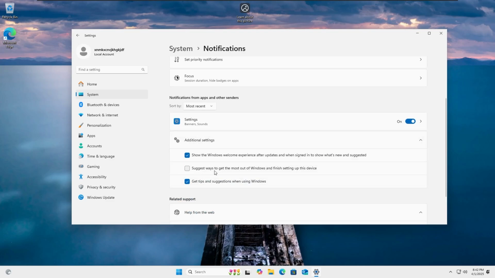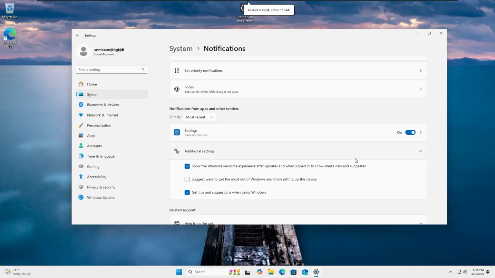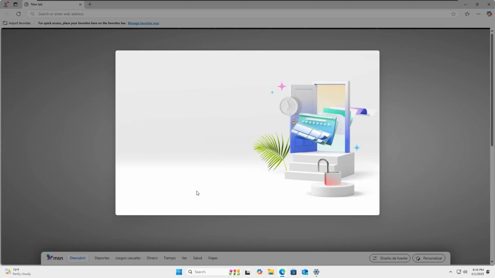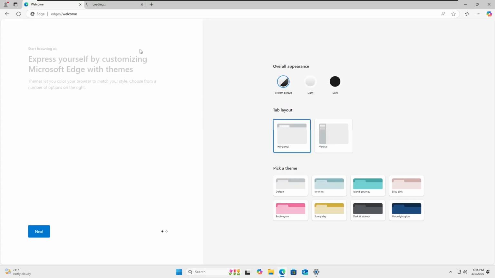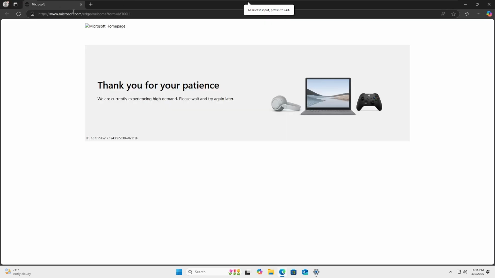So you can uncheck the suggestions on ways to finish setting up this device. Okay, so I poked around a bit and there don't seem to be any other settings for that, but another tool that you could use,